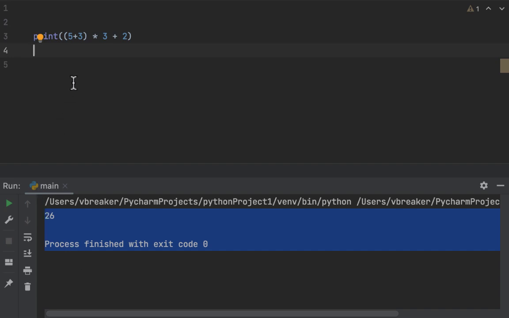So what you learned back in high school and primary school, as I told you at the beginning of the lesson, is going to be needed here. So if you don't have any knowledge about mathematics, you need to start learning, to be able to understand what you are doing with programming, because you need to follow the BODMAS principle, or mostly people call it PEMDAS, right? To be able to solve this kind of mathematical